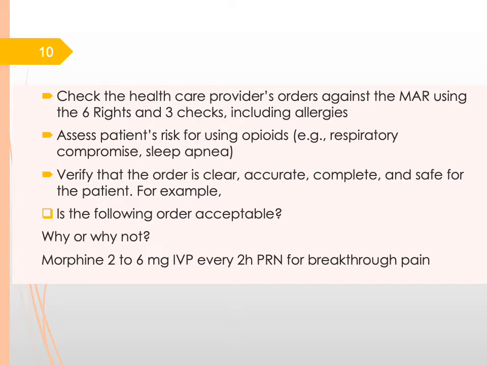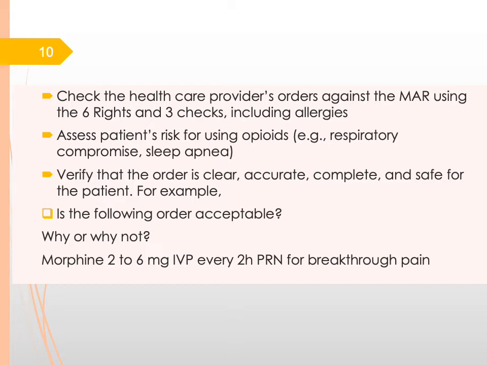Things that put them at risk for respiratory depression are any history of respiratory compromise. So does the patient have a history of respiratory disease? Does the patient have a history of sleep apnea, or perhaps signs and symptoms of undiagnosed sleep apnea, which is more common in patients who are obese or who have a thick neck? Does the patient have a history of COPD? That might put them also more at risk for respiratory compromise with